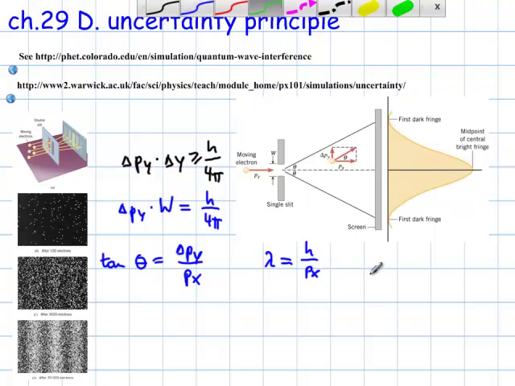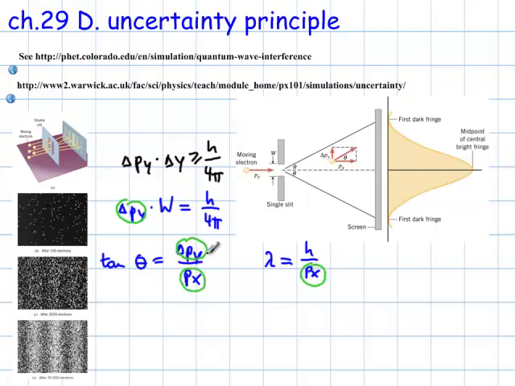Just going to change the color here for a moment. So this one will be plugged in here, this will be plugged in here, and the tangent goes to the other side, so that we're going to come up with theta equals inverse tangent of